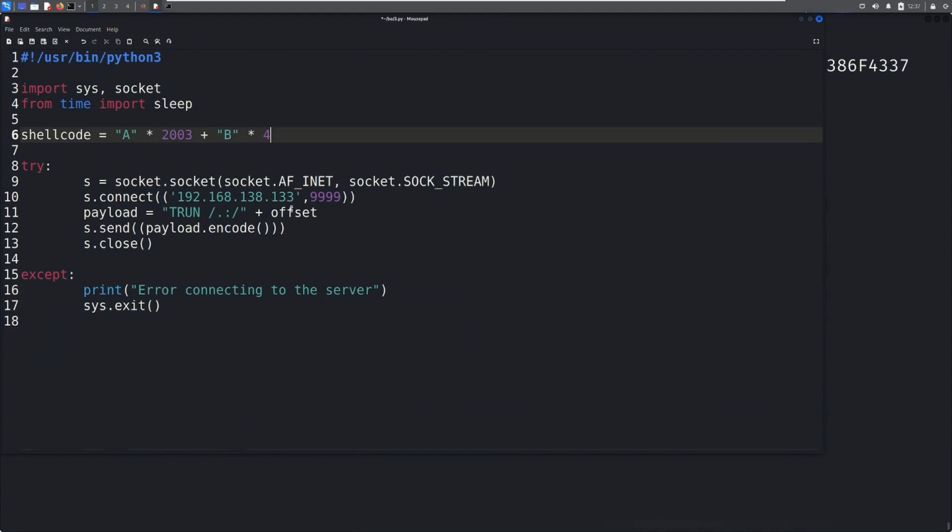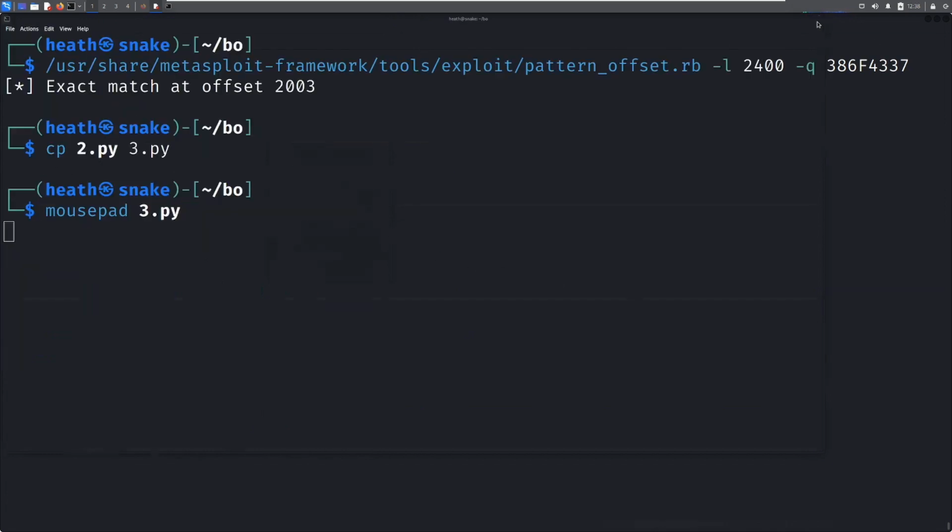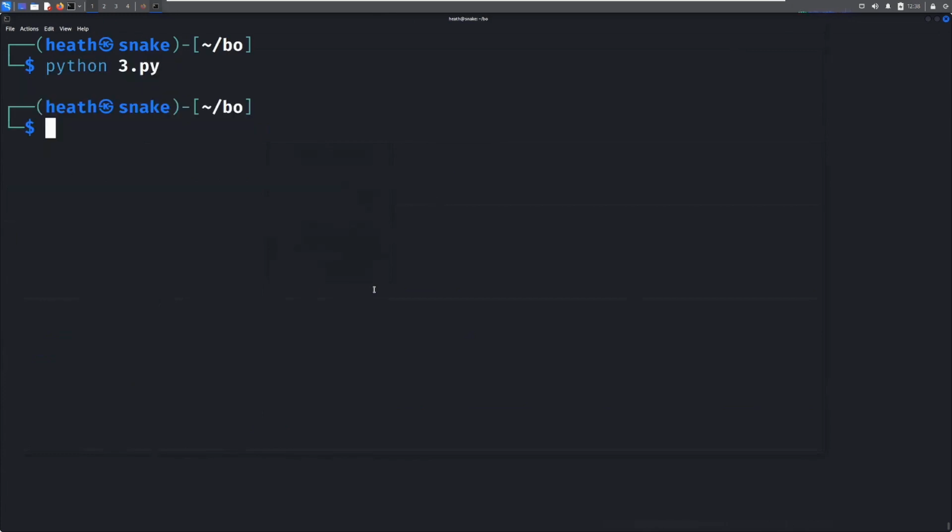So in this instance, we're going to come in here and replace offset with shellcode. The rest honestly looks good. This is a quick swap, so we should just be able to save this. Again, shellcode is equal to this, and I'll paste this in chat as well, in case you need to follow along. All right, do that. And then we're going to do a python3 3.py, run it, and